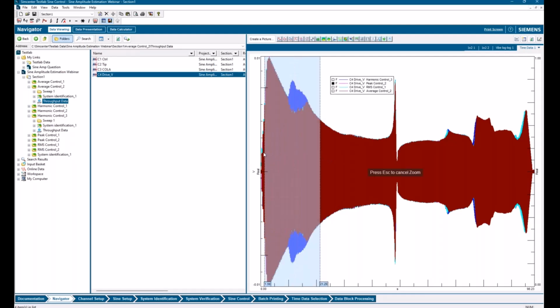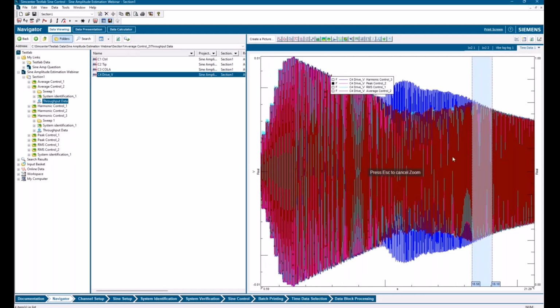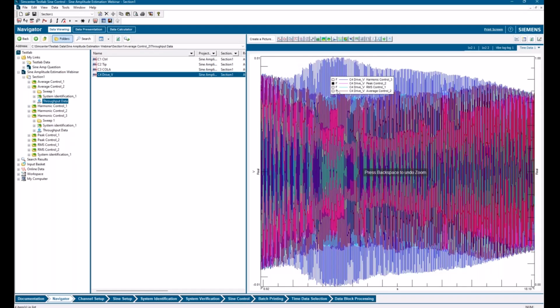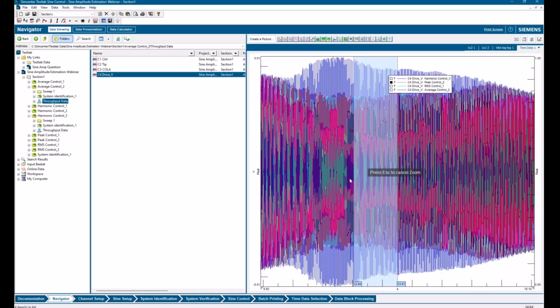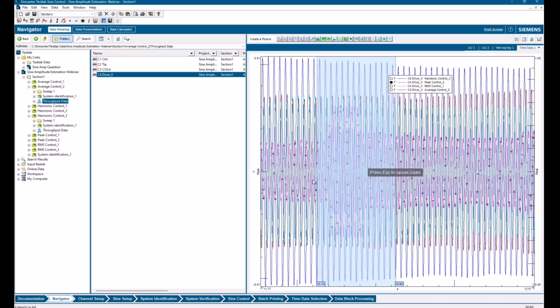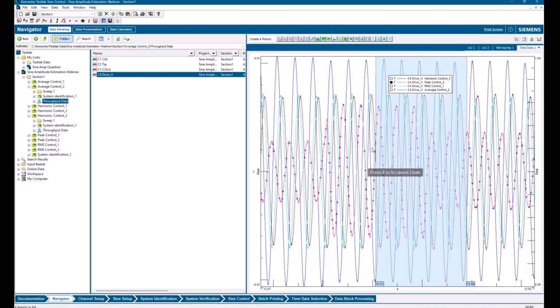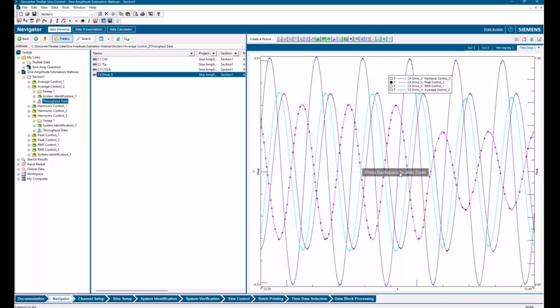And we can see right away, just look at this first section. Again, I'll zoom in even a little more here. Okay. So harmonic is giving us our highest drive voltage.